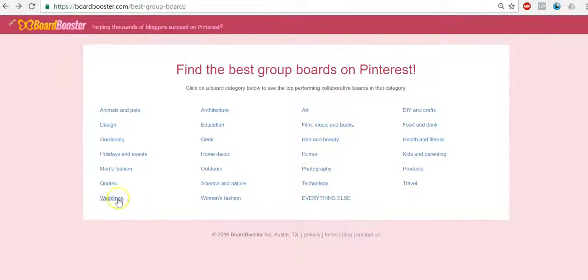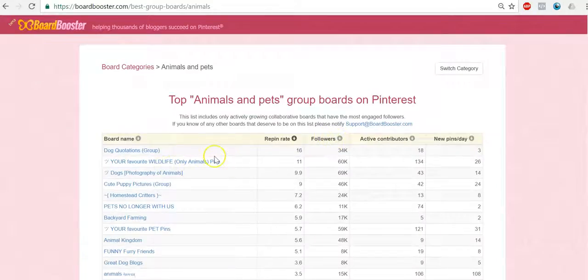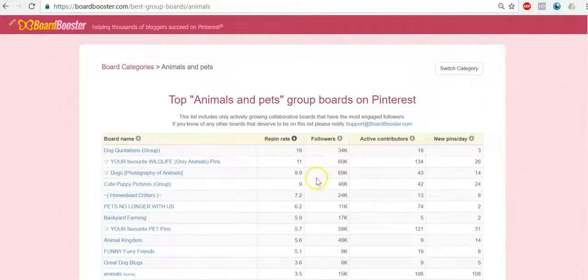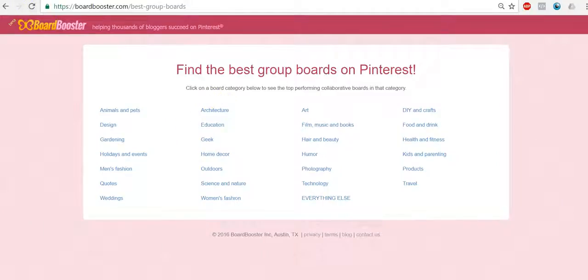One of my main sites is in the dog niche, so if I go to pets, I could see that there's a ton of really good ones in here, and with really good repin rates. So just showing you that if you want to do some repin stuff. But if we go back to regular Board Booster now,